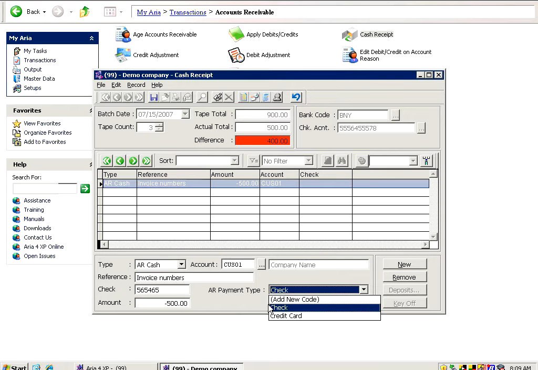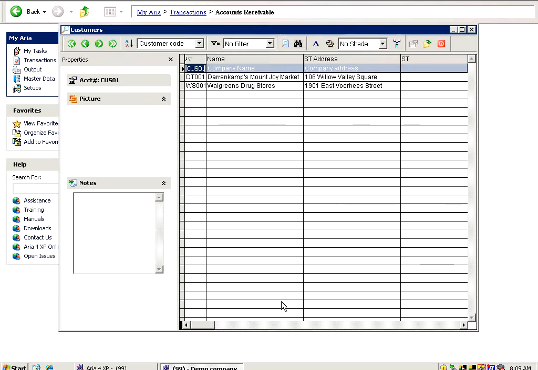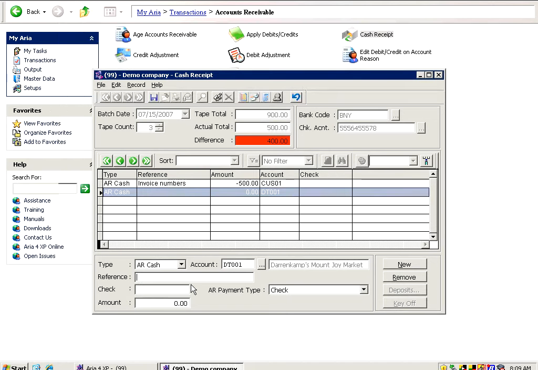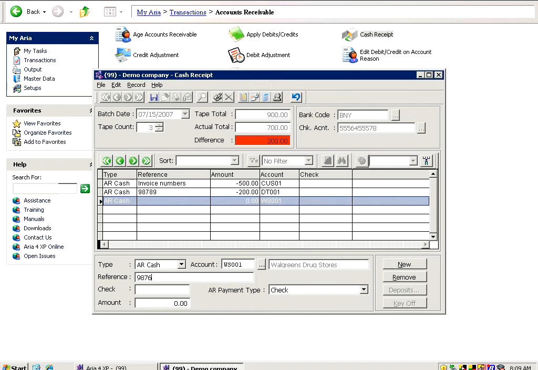and here the type of payment. So this is a check. Then I'm going to click on new again, and I'm going to choose another client, for example, and these are invoice numbers so and so, and check number, and the payment over here is 200. Then I'm using my mouse again and doing new, another customer, and I'm doing this store, check number,